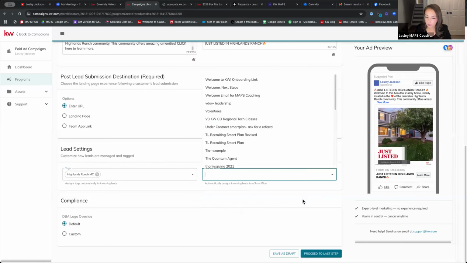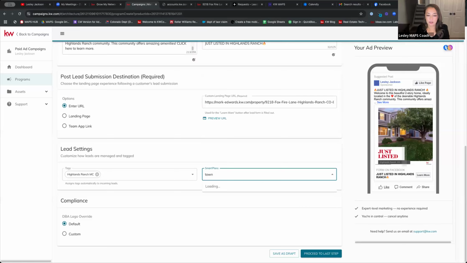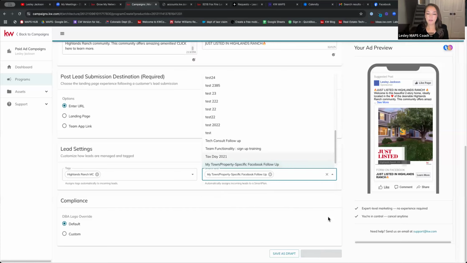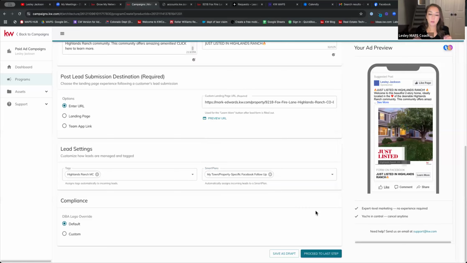Now, the really cool thing is you can add whatever kind of smart plan you like to this listing campaign. What I suggest is using a smart plan that is going to be property specific. So when you have a listing, you can use a property specific smart plan. You can also create your own property specific smart plan. You can also look up the smart plan that I'm using that is called My Town Property Specific Facebook Follow-Up